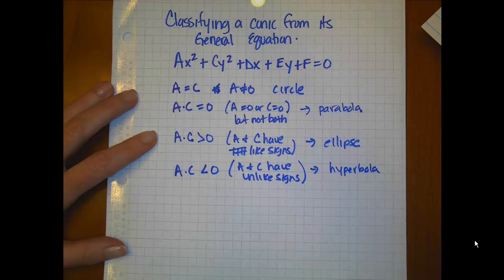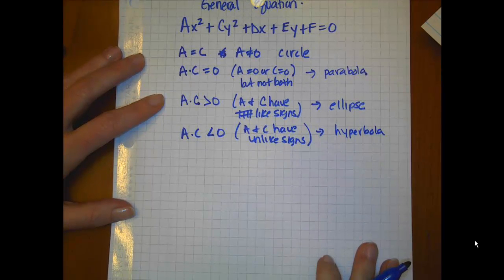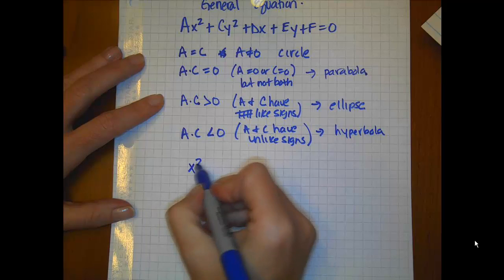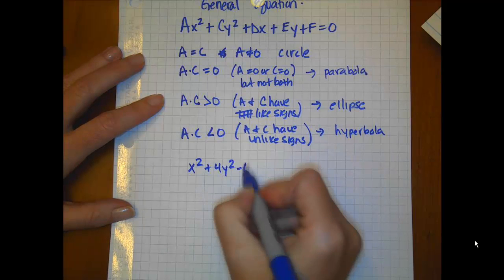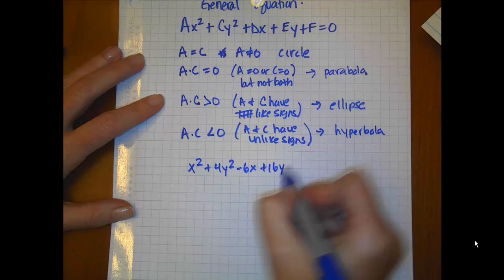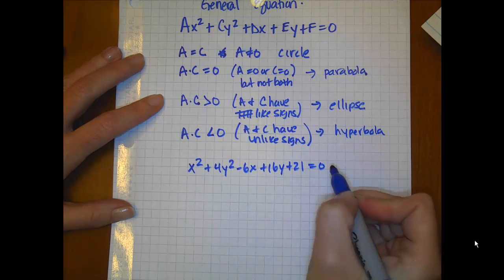All right, so what would an example look like from your homework? If I gave you x squared plus 4y squared minus 6x plus 16y plus 21 equals 0, and you have to classify this as which conic section it would be, you really only have to focus on,